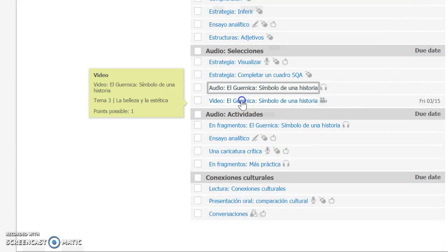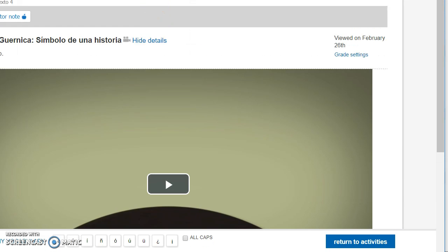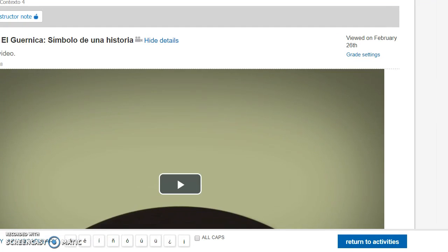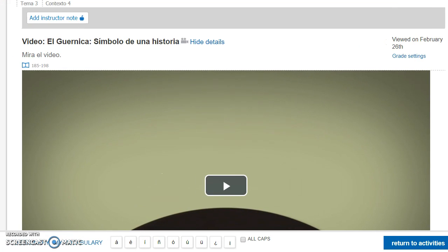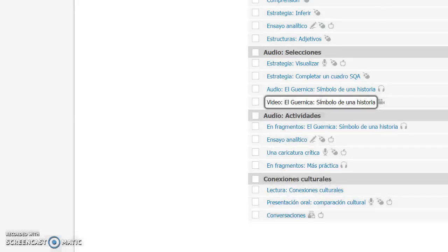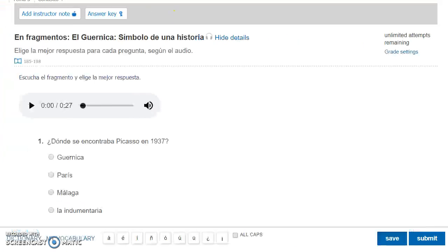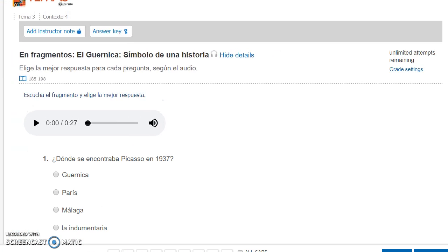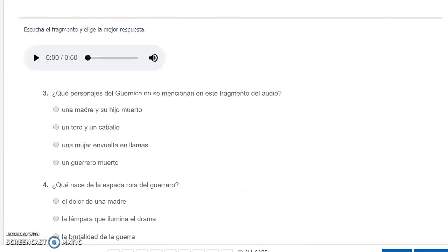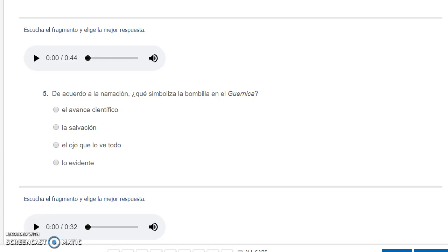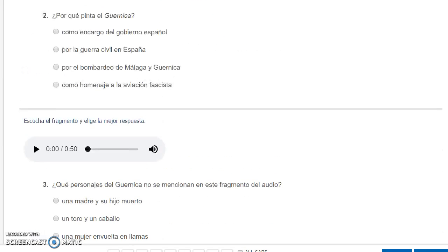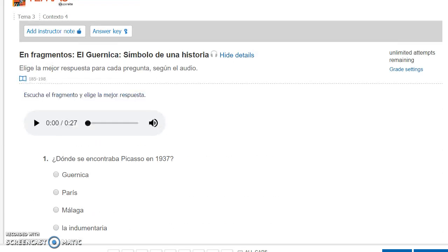Their next step is they can listen to that same audio with a video, so with the video behind it. And then they have the en fragmentos, which plays short clips, short segments of that audio piece, and has some questions that accompany those audio pieces. And this is a way that students can kind of deconstruct and break down the audio,